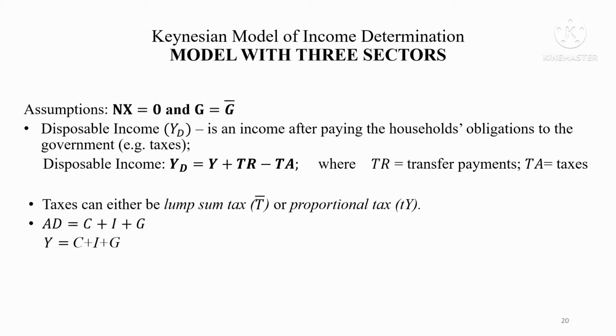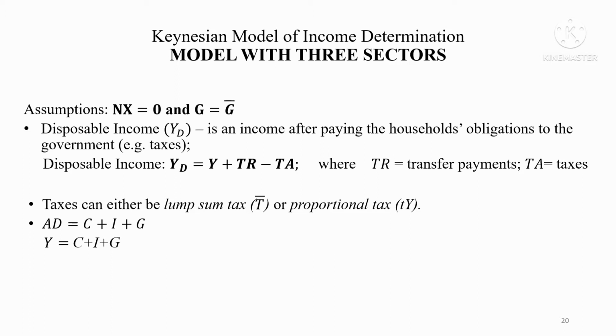So we will define first disposable income. We denote that as Y sub D, or YD. Disposable income is an income after paying the household's obligations to the government, such as taxes. Thus, disposable income is an income after tax payments. Mathematically, disposable income, or YD, is equal to Y plus TR minus TA,